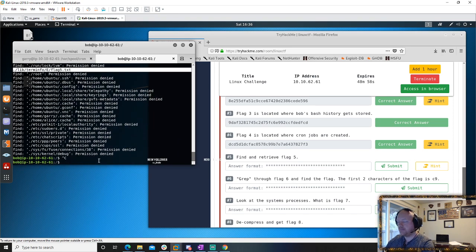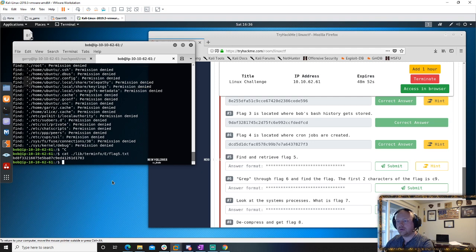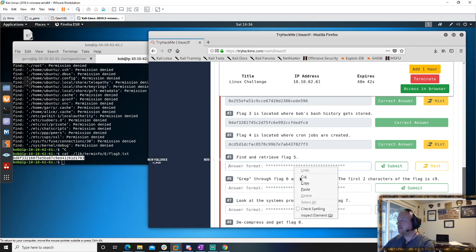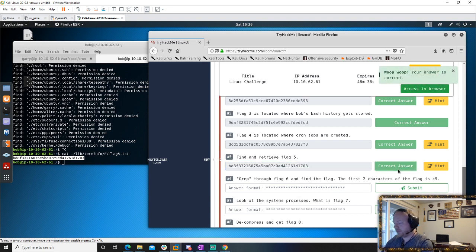So let's go cat. And as long as you do the full path, you can print out the flag right here on the screen. And there we go, we found it.